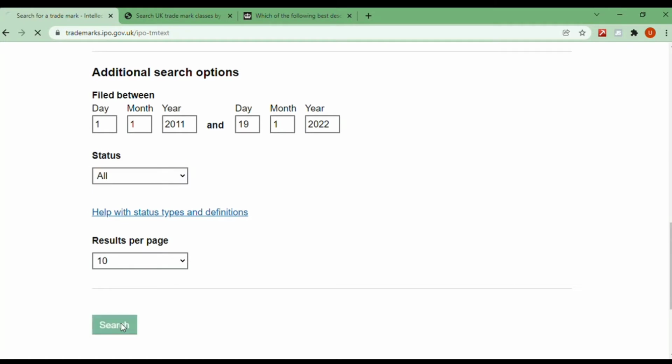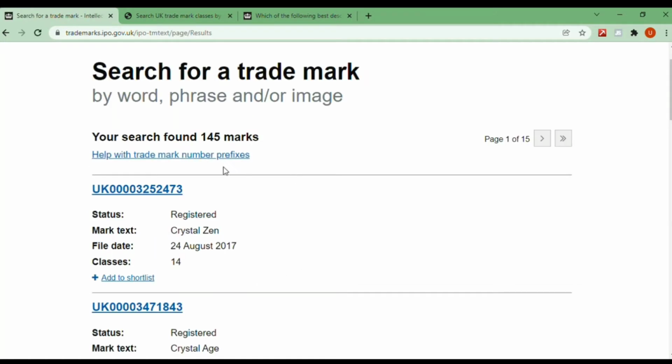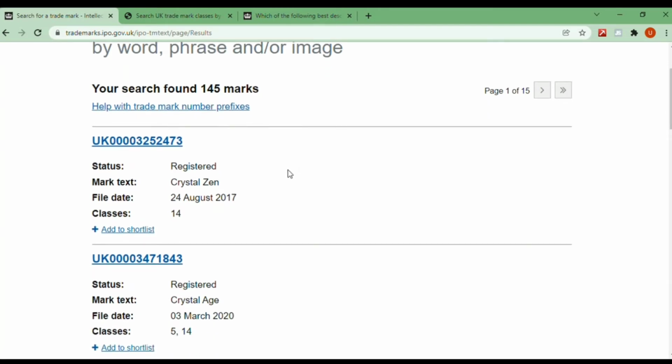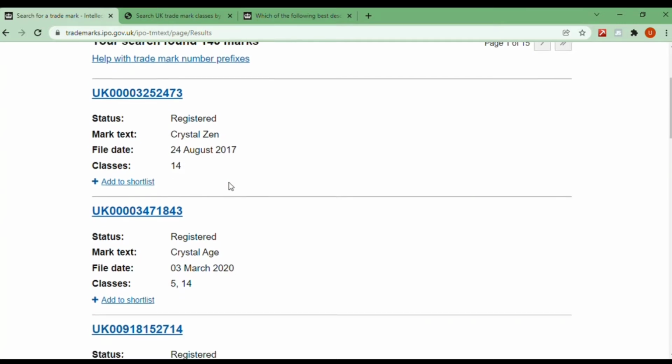And search. Now you see that your search found 145 marks that may be closely related to the word that we are going to file our trademark for. Here you can see that there are a lot of different trademarks that might have close relation, or maybe some of the words that are in our trademark word are in this particular trademark as well, and are also